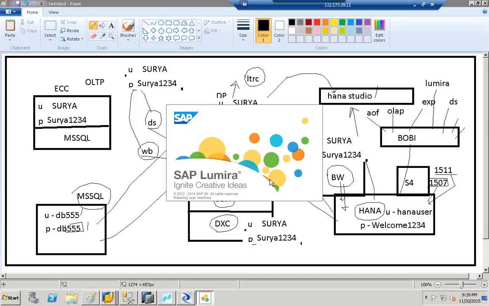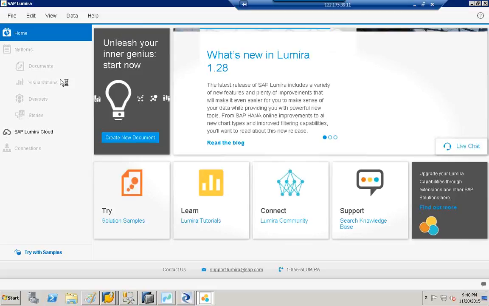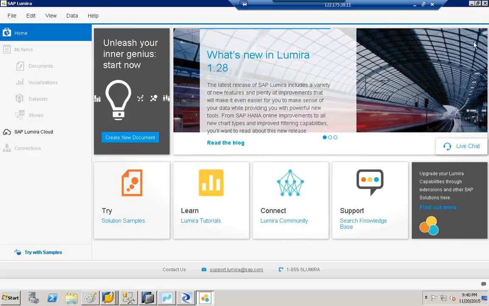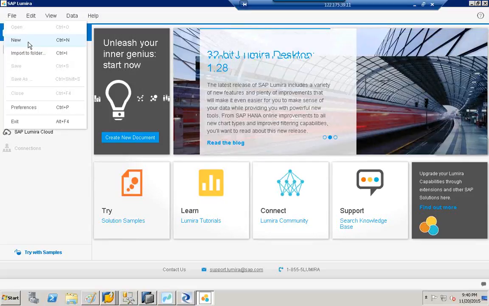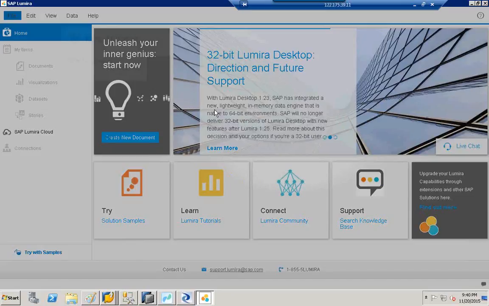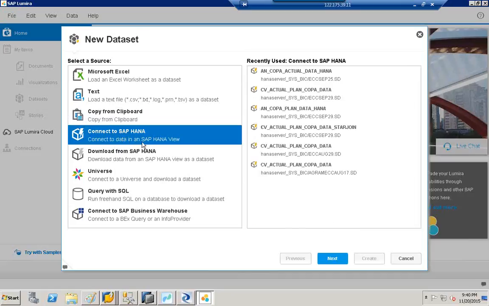So it's opening, the application is being opened. So this is the UI. Click File. Click New. So Lumira can connect to HANA. So here you have Connect to HANA. Click Next